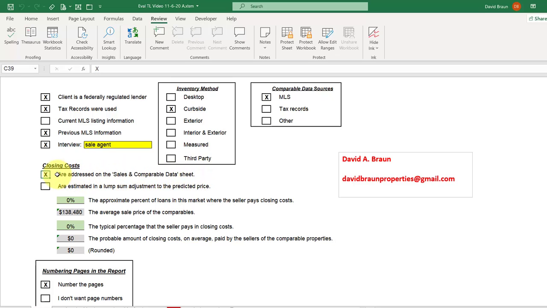Normally, seller concessions have to be mentioned because of the definition of market value, which is pretty much the same for an eval as it is for an appraisal. And the typical seller concession is closing costs. And on this property, I know, because I'm also a realtor, by the way, I broker a small office, and I know most of the time there is about a 3%